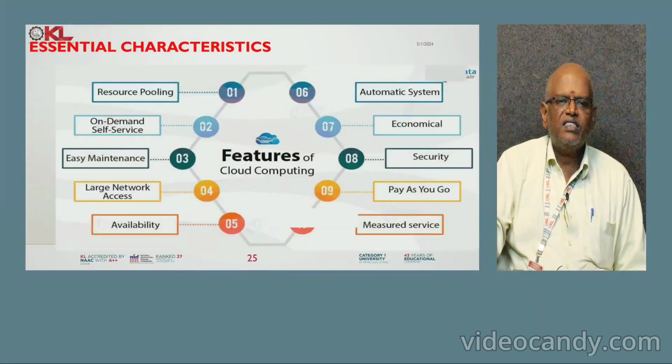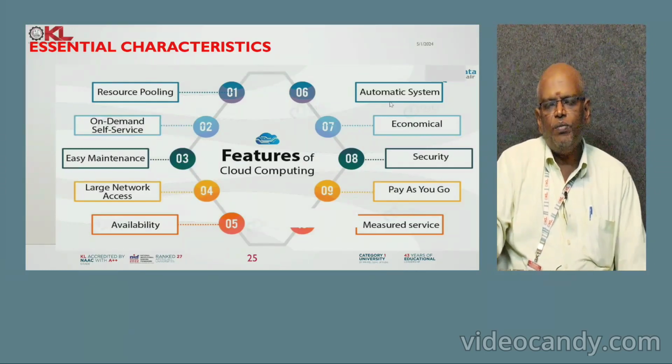So essential characteristics we can identify in the form of: number 1, resource pooling; number 2, on-demand service; number 3, easy maintenance; number 4, large network access, that is worldwide access is possible; number 5, availability; and then number 6, automatic system. Everything related to the cloud computing environment is automated, so we need not manually switch anything. Number 7 is economical, so without any capital expenditure we can avail the infrastructure in an effective manner. And number 8 is security and there are no data losses. Then number 9